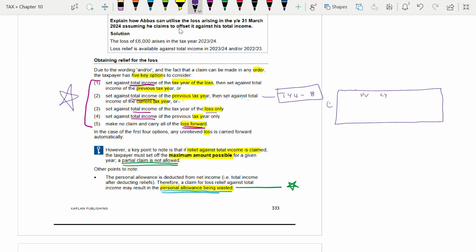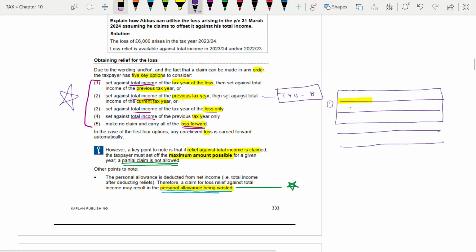The first one is what? The first one is take the year of loss. Take the year of loss. How do you have to put it? One minute. This is a good idea, but one minute. Okay, this is 1, 2, 3, 4, and 5. Okay, 1, 2. This is okay.